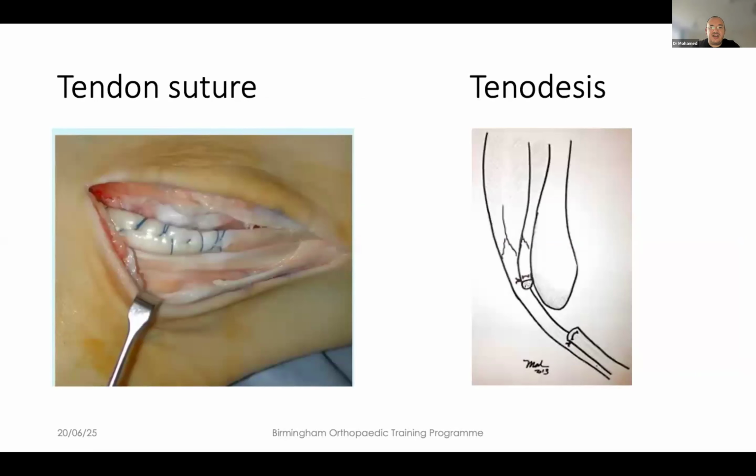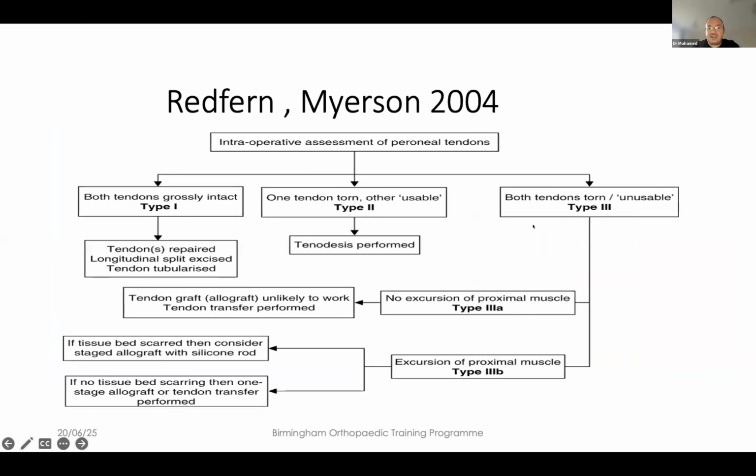As you can see on the left side, we do a tenodesis because this avascular part isn't doing the job. So Redfern and Myerson in 2004 made an algorithm for the treatment of this. They found that the only way to know the actual tear in the peroneal tendon is intraoperatively. So if you open the peroneal tendons and you find that one tendon is injured and the other tendon is okay without any problem, you have the option